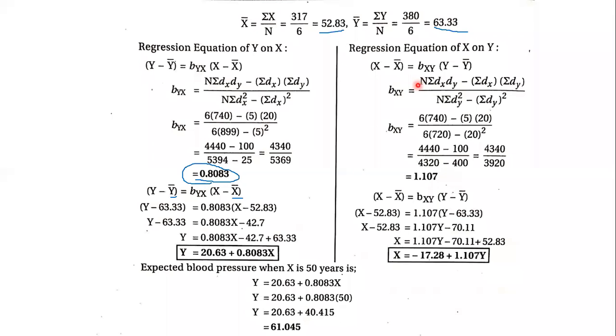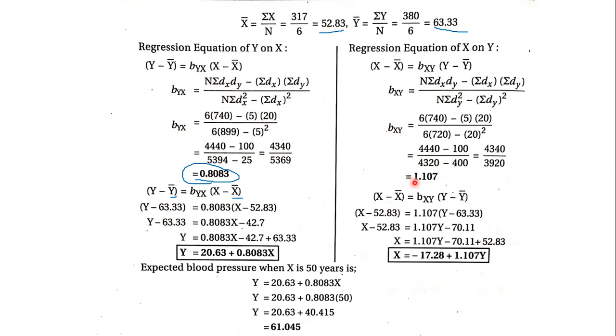Okay, now let us go to x on y. Now going to x on y, we will be calculating this equation here. So x on y means first x should come. So x minus x bar is equal to bxy, that is the regression coefficient, into y minus y bar. So x minus x bar is 52.83, that has come down here, is equal to regression coefficient